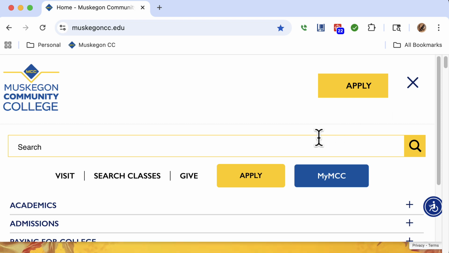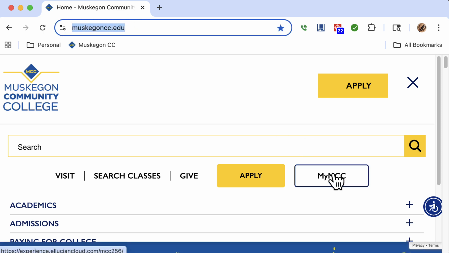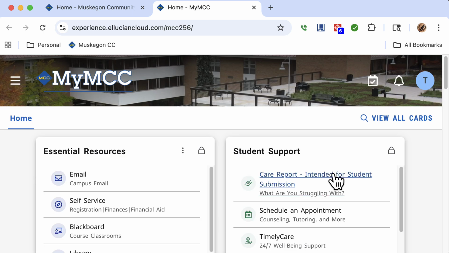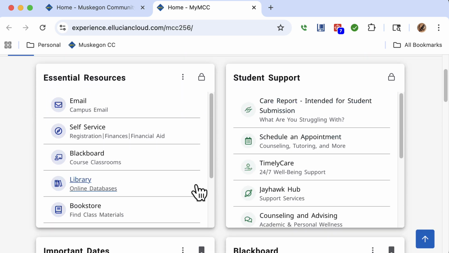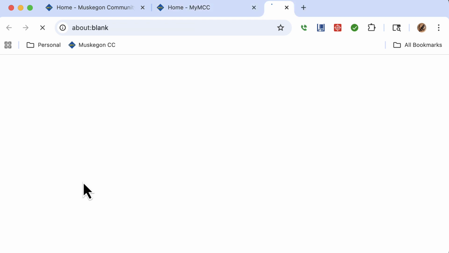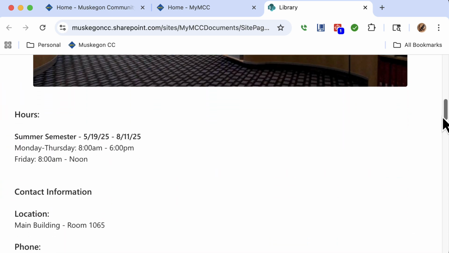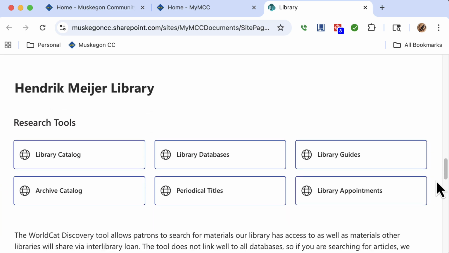So in order to do that, we're going to go ahead and go to our college website. We're going to log into my MCC. And once we do that, we're going to go ahead and find the library links. We're looking for something that says library and it says online databases, okay? So we're going to click on that. You're going to see an interface that looks something like this, a little web page. You're going to go down towards the bottom here where it says Hendrik Meyer Library. When we're here, we're not going to look at the library catalog, but we're going to look at where it